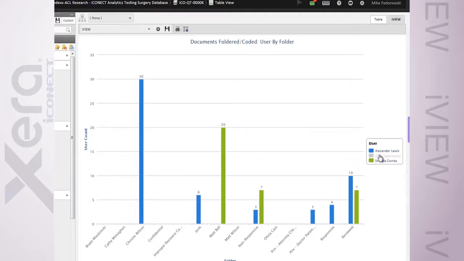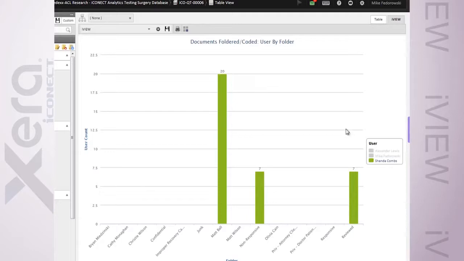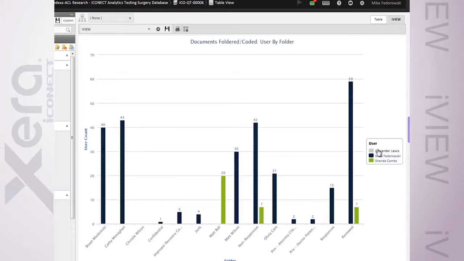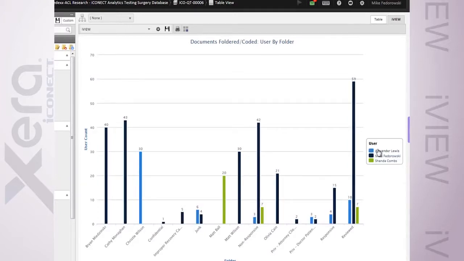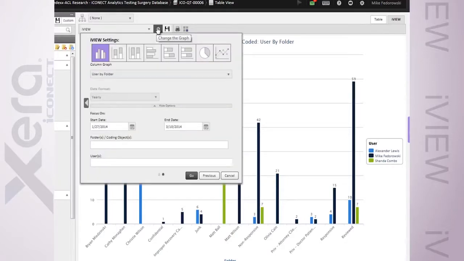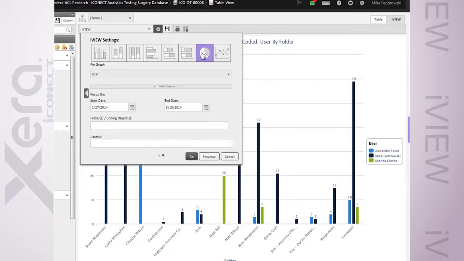And again, these are dynamic. I can walk through, I can zero out and remove certain reviewers to take a closer look and see exactly who may or may not be pulling and reviewing their fair share of documents inside that data set. I can also easily rearrange this down to individualized reviewers as opposed to show me an overview of what my team has been doing. I can come in place here and render this up as, say, a very familiar pie